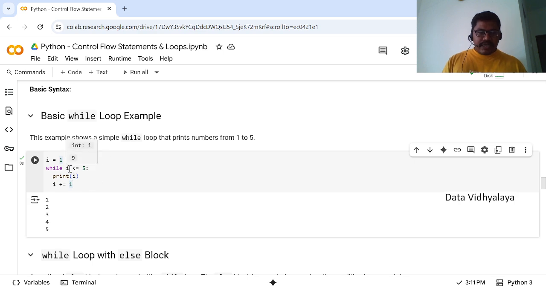So again it enters into the loop. 2 less than or equal to 5, the condition is true. It will print the 2 value. Then again it will repeat the same step, I is equal to I plus 1. What is I? 2. 2 plus 1 what? 3. Again 3 less than or equal to 5, then it will print 3, and then I will be